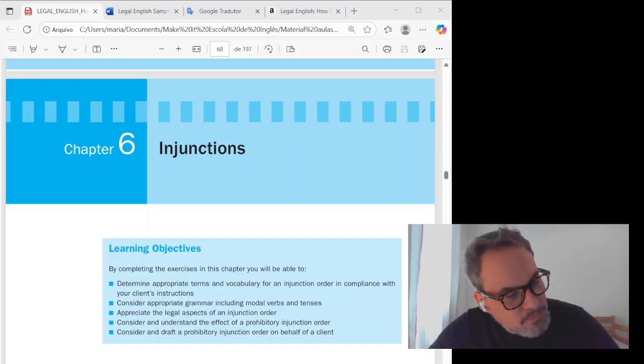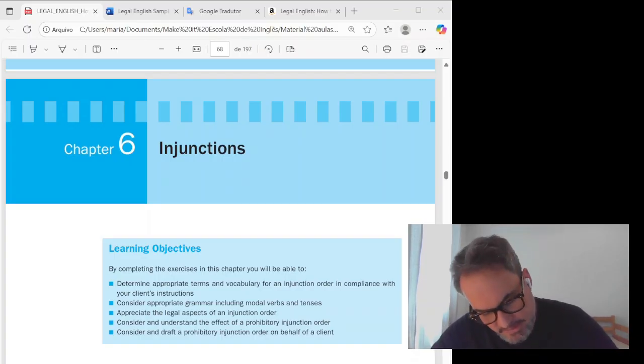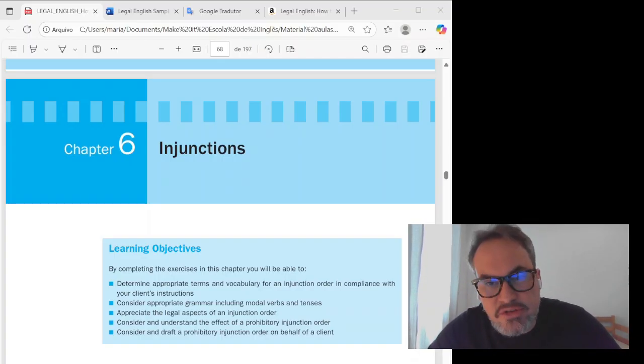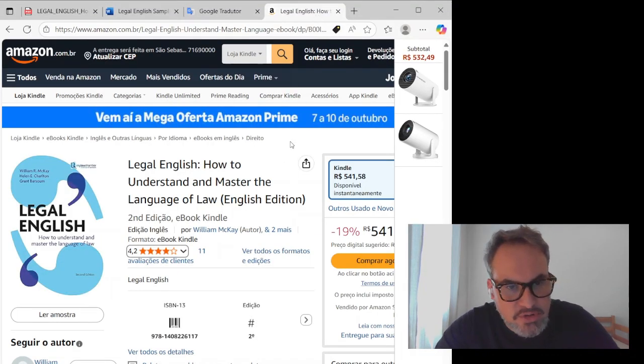And now I'm going to give you a sample lesson on legal English, right? We are talking today about injunctions and trying to understand small text and get more vocabulary, like technical vocabulary for legal English, right? So, the book we are using is this one here called Legal English: How to Understand and